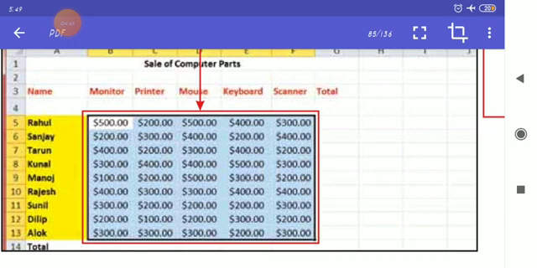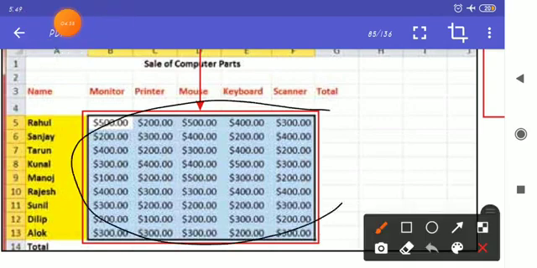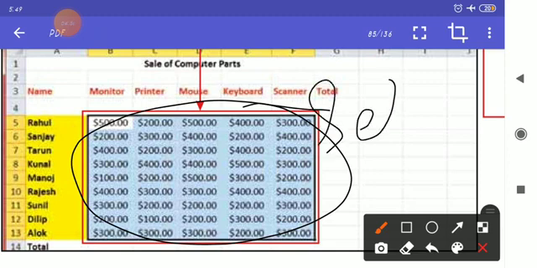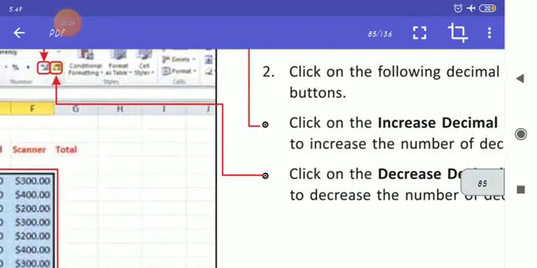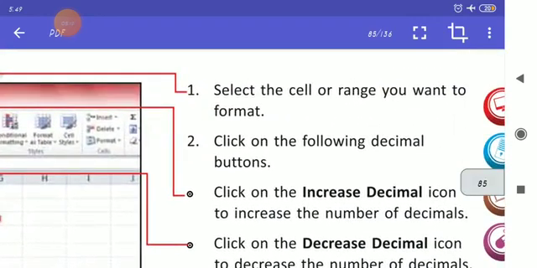So what you have to do, first you have to select the cells, as has been done here. Select the cell or range you want to format, you want to change, then click on the decimal buttons.